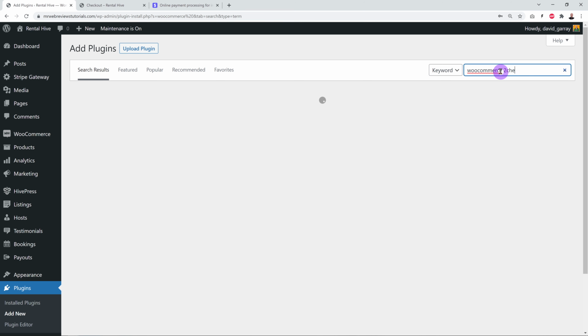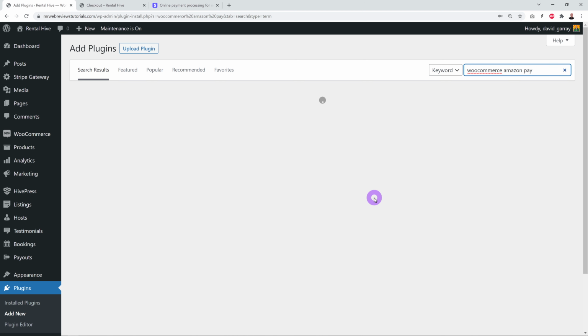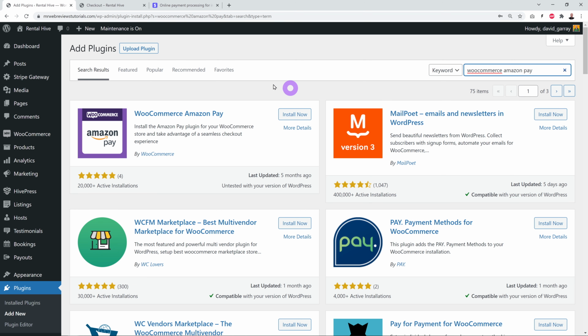So for example, to checkout. Okay. So there you go. Now you have the checkout for WooCommerce. You can install it and do the same. So if you wanted Amazon Pay, there you go. Again, like this. Okay. So basically all you have to do is install it, and then you can configure that in the WooCommerce backend in